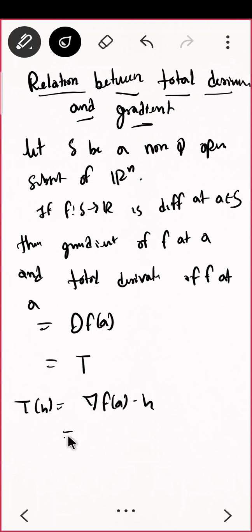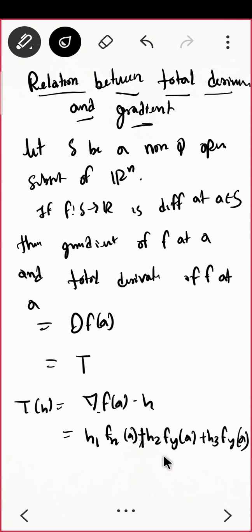That means what? This is h1 fx at a comma h2. This is coordinate, huh? So dot product will just give me addition h2 fy at a plus h3 fy at a, and so on. That is hn f